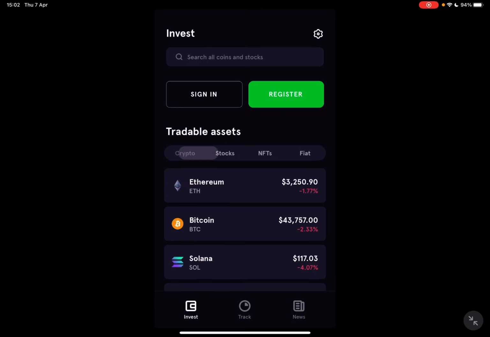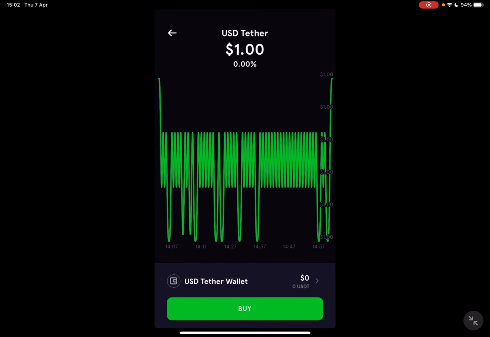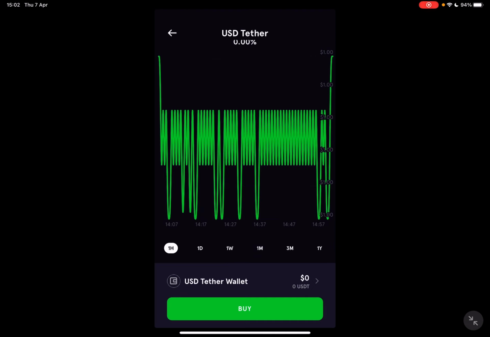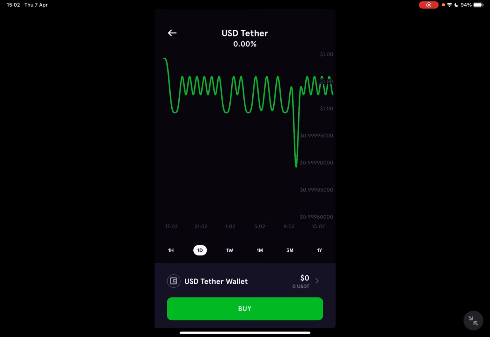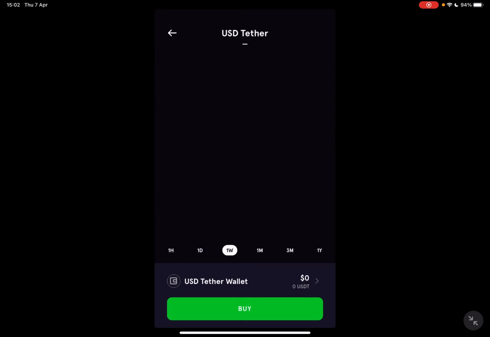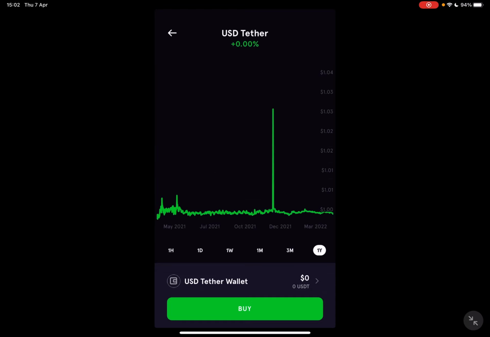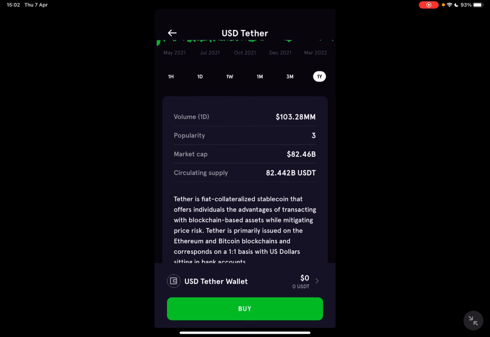So to invest in USD Tether, you just have to go to the crypto section and tap on the USD Tether icon. Here you can see a few statistics regarding the USD Tether, the charts from the last hour or 1 day. If you're into day trading, you can also see 1 week, 1 month, 3 month, and 1 year chart. If you scroll even further down, you can see some more information around this coin: volume, the trading volume